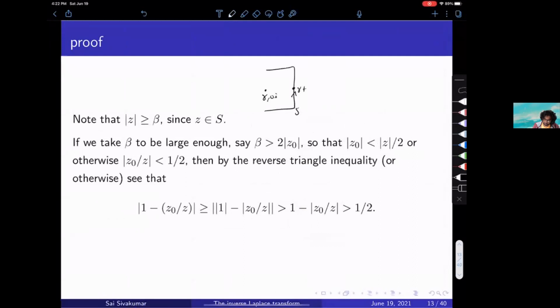This point is gamma plus, or rather, what am I doing? This point over here is gamma plus i beta. And so any point over here, here, here, here, all of these points are going to be further than the distance between gamma and gamma plus i beta, and this beta is the length basically over here. So all of these points,